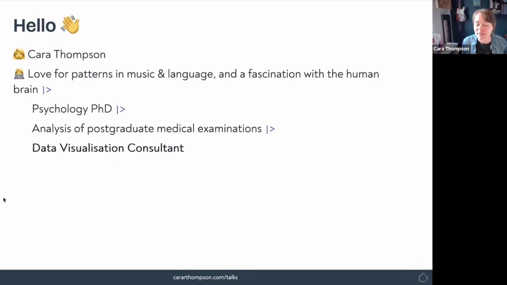So let's get cracking. For those of you that I haven't had the pleasure of meeting yet, I'm Cara Thompson, and I'm a data viz consultant. And I came into this through really just a love for patterns in music and language and a fascination with how the human brain makes sense of all of this. I took it into a PhD in psychology where I played people weird bits of music and weird sentences and saw how the brain reacted to things that were unexpected. And then I took all the statistics that you do in psychology into the world of postgrad medical exams, spent a lot of time interacting with surgeons who really don't like not understanding stuff. And learned that data visualization was a great shortcut to get them more comfortable with statistics,